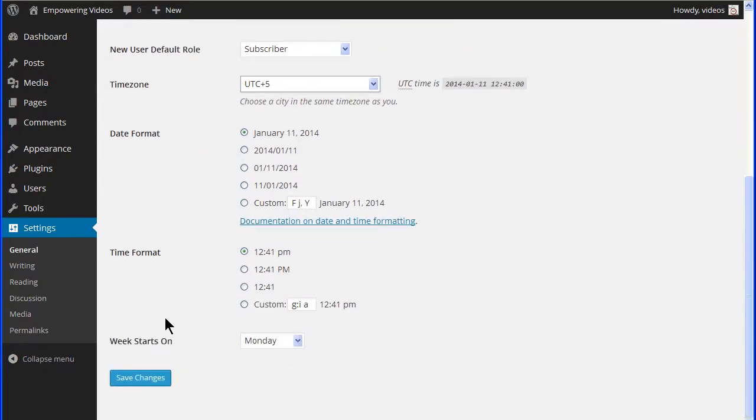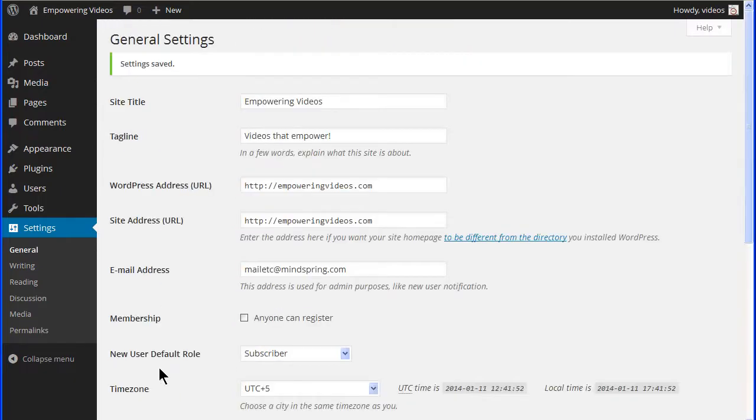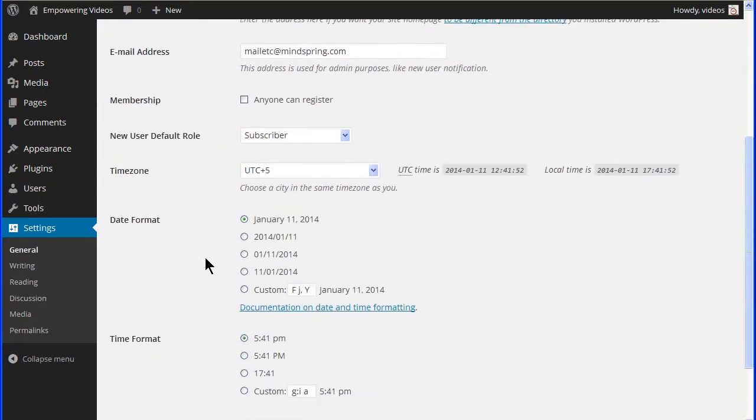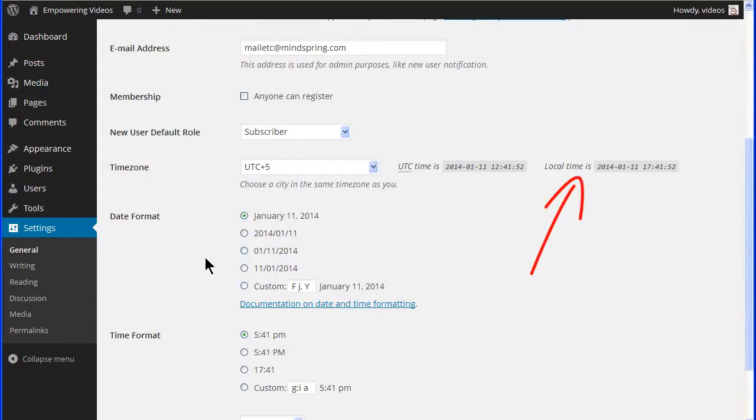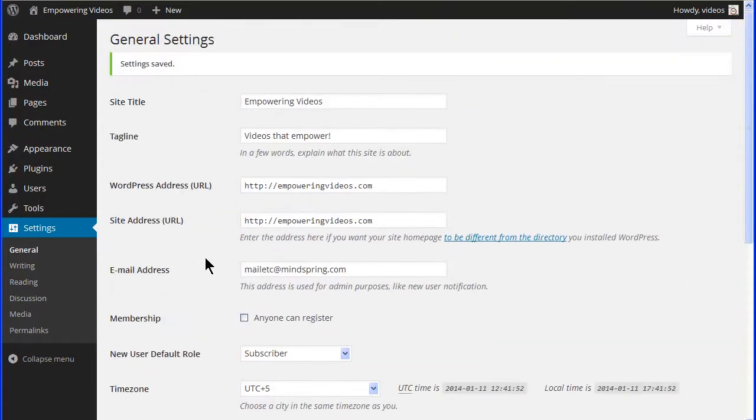When you save these changes, your local time will appear next to the UTC time. Also, the time does not update automatically for daylight savings time. This will need to be done manually if you live in an area that uses daylight savings time. The other settings on these screens can be left at the default, but I do want to point out the